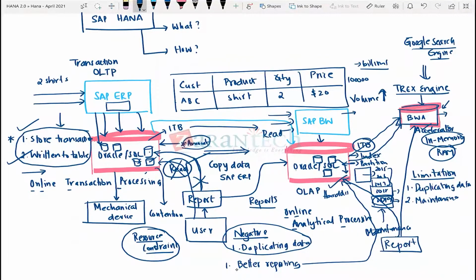I'm not only sending data from the traditional OLTP system to the OLAP system on a daily basis, I am now sending one more set of duplicated data into my BWA system. Now, looking at this, do you think this is a sustainable option? As the data keeps growing, if I continue to churn and duplicate the data from one system to the other, it doesn't seem like